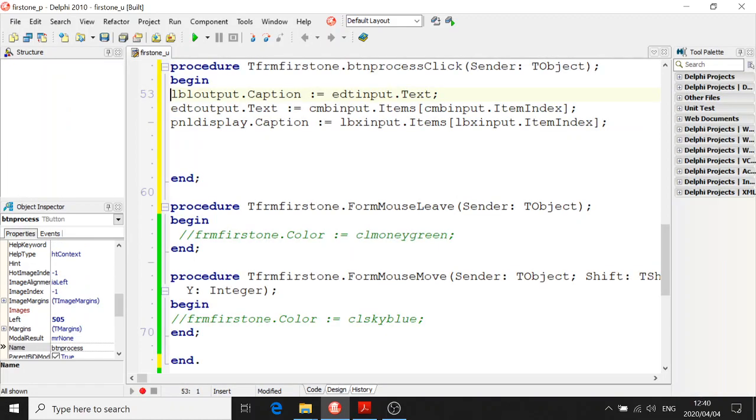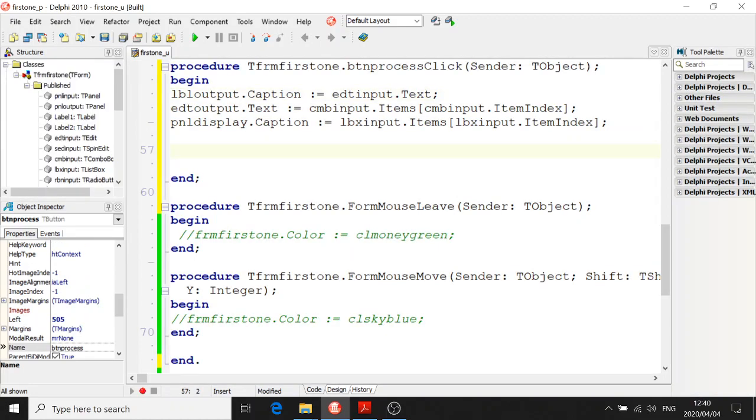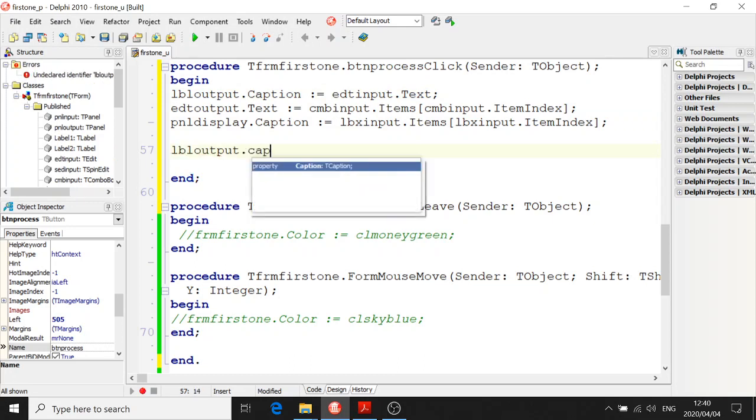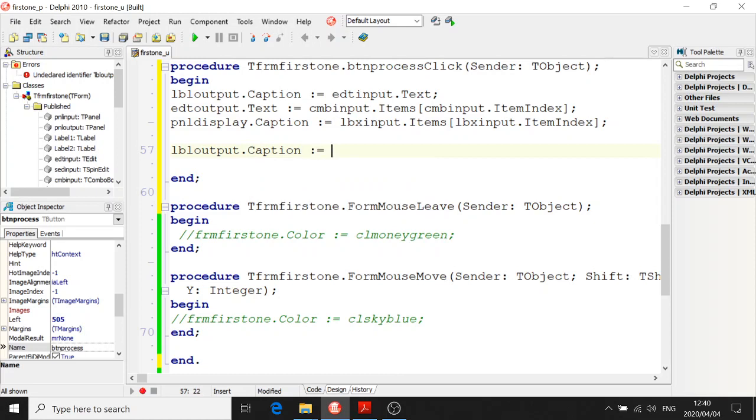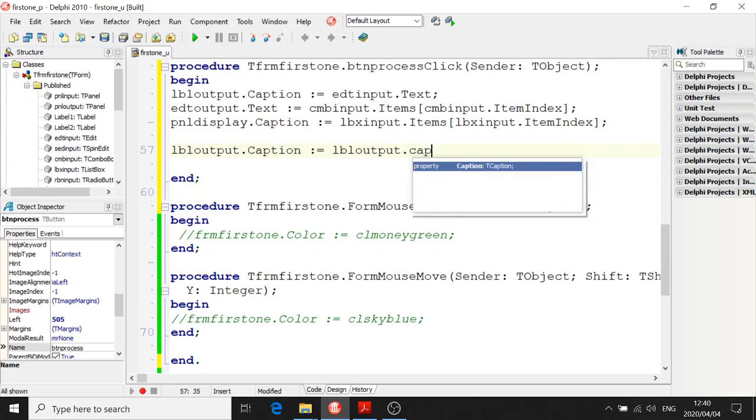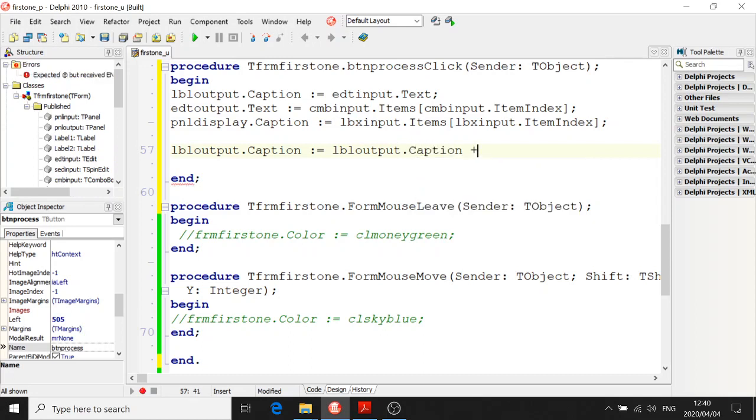When you double click the button, we want the caption equal to the previous caption, the name of the person that was put there already, and we're going to join that with a plus sign to, let's say we want to put the age of the person on a different line. Okay, so we're not going to join a space. Okay, we can do that. We can write the word age equals,